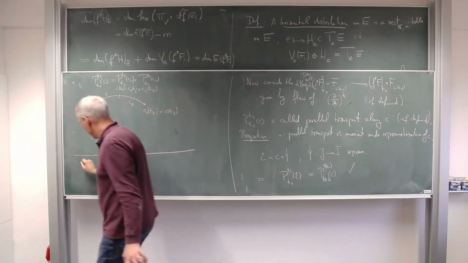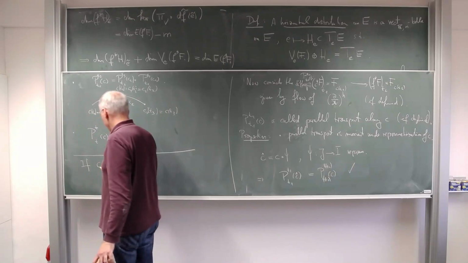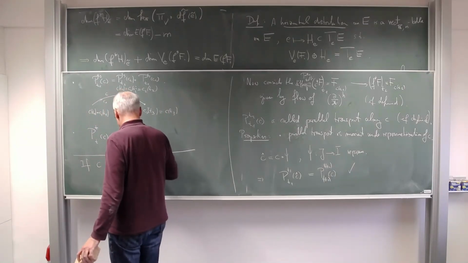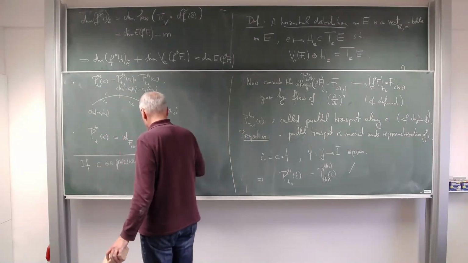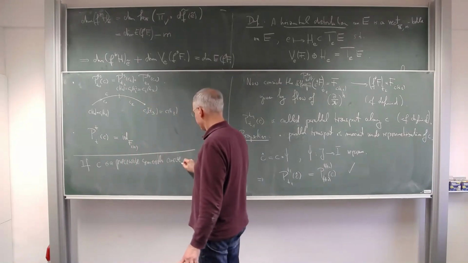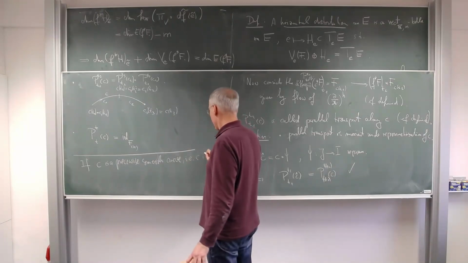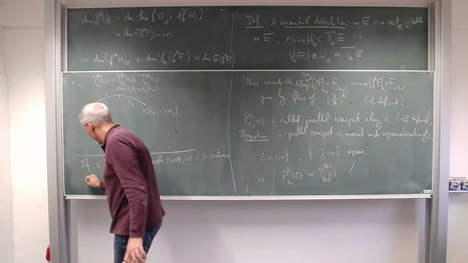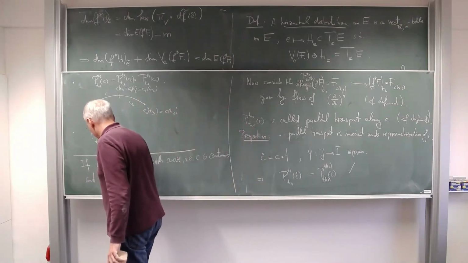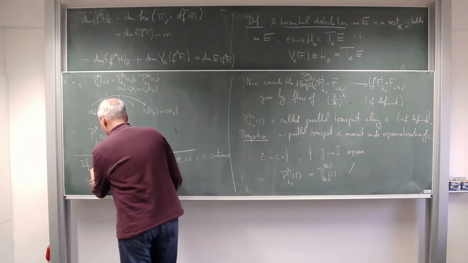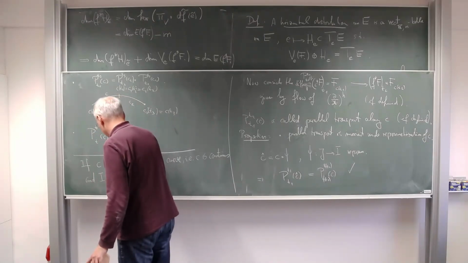So if C is a piecewise smooth curve, which means that it is a continuous curve, and there is a subdivision of the interval which is defined. It's a subdivision, so let me write this like